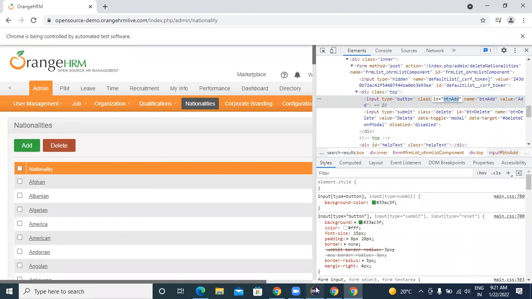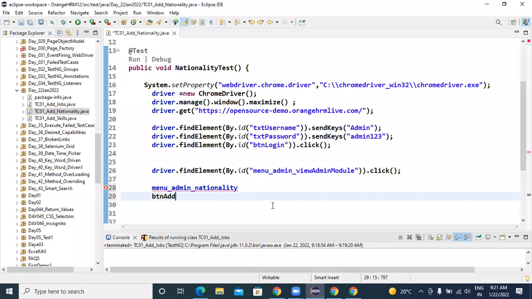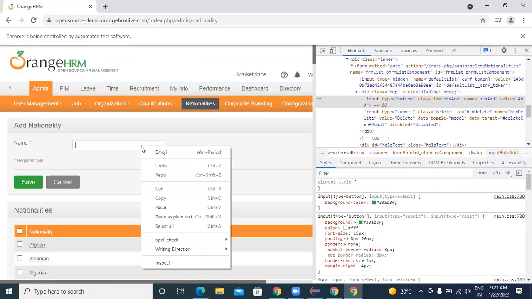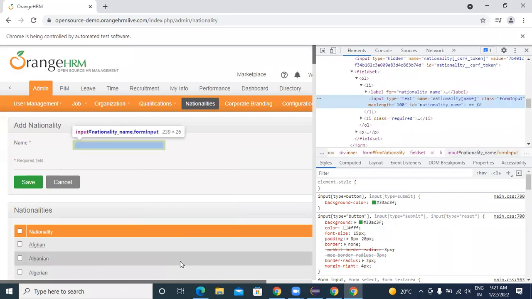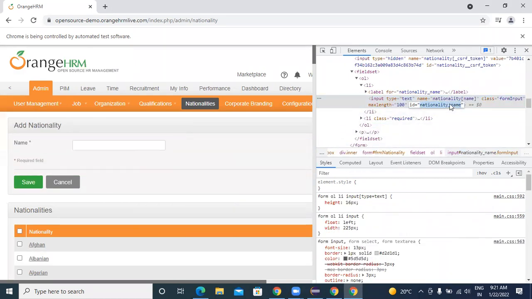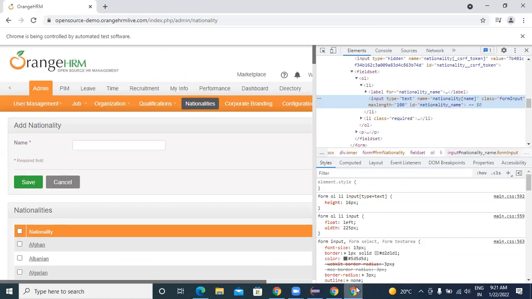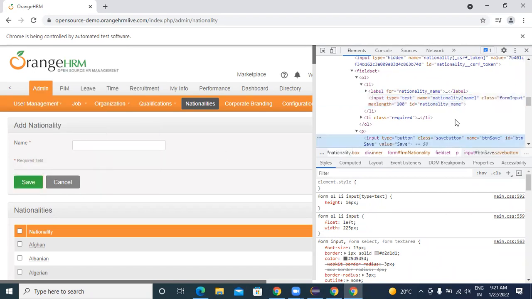Button add. After clicking on add button, I want to enter nationality name. After entering nationality name, I have to click on save.